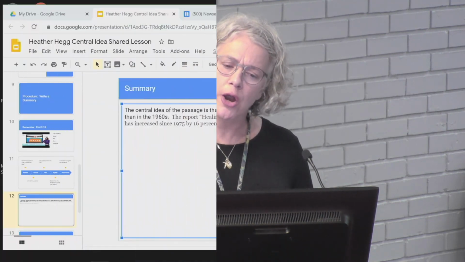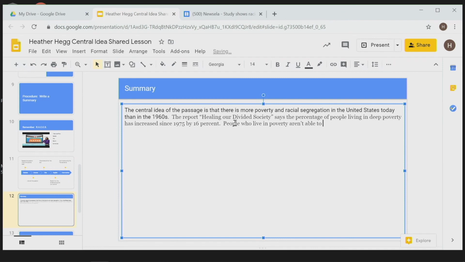People who live in poverty aren't able to afford, I want to say good, how about safe? That's my explanation. People who live in poverty aren't able to afford safe housing, and they may not